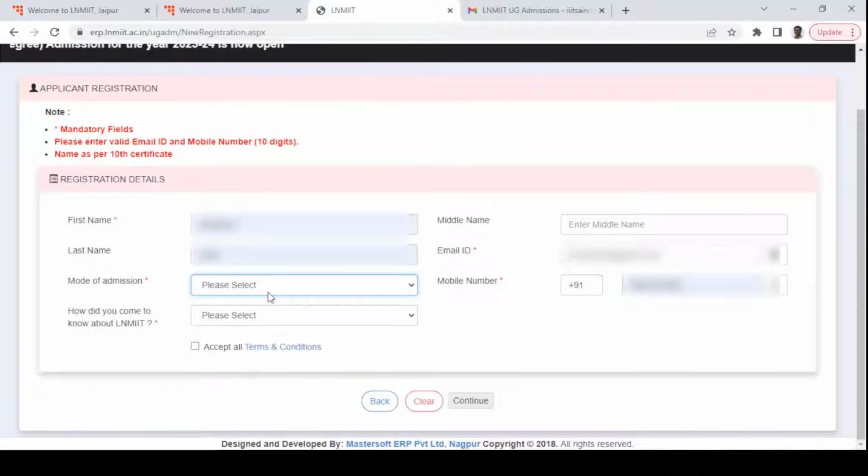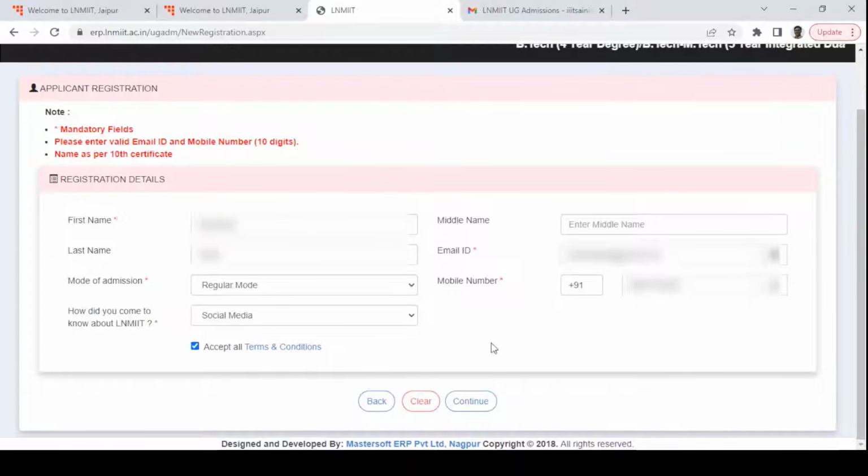Here you have to enter the mode of admission, regular mode, and a mobile number. Now this is a survey on how you came to know about the LNMIIT. Once you fill all these details, tick the checkbox after reading the terms and conditions, and then you can